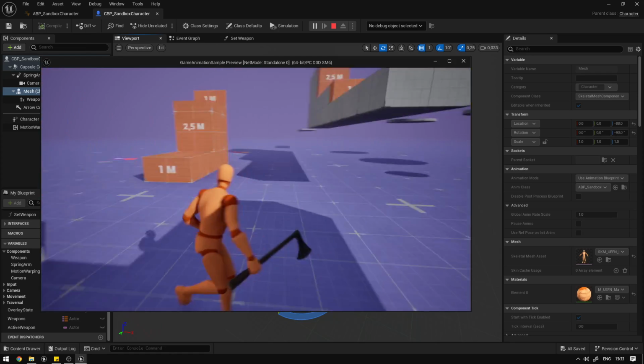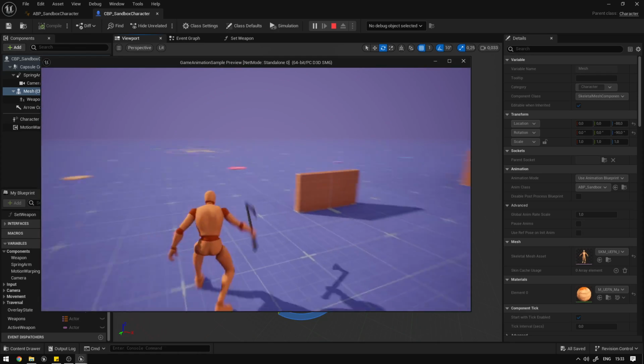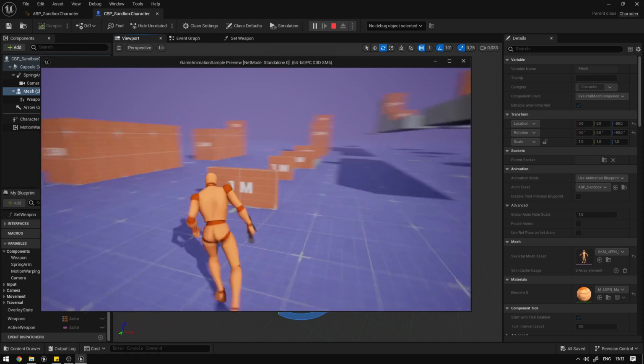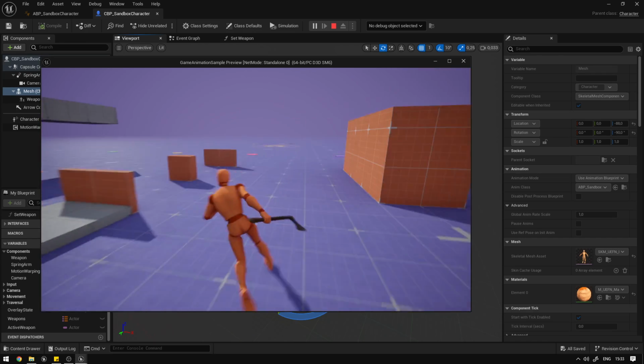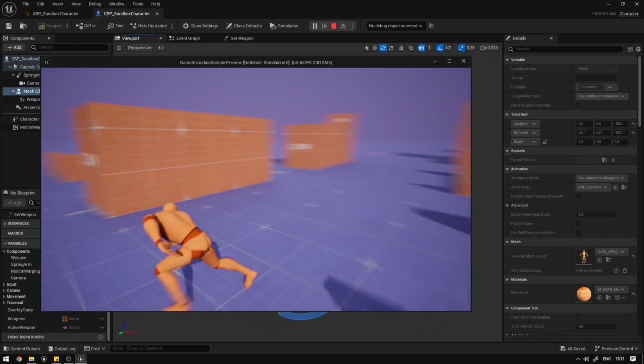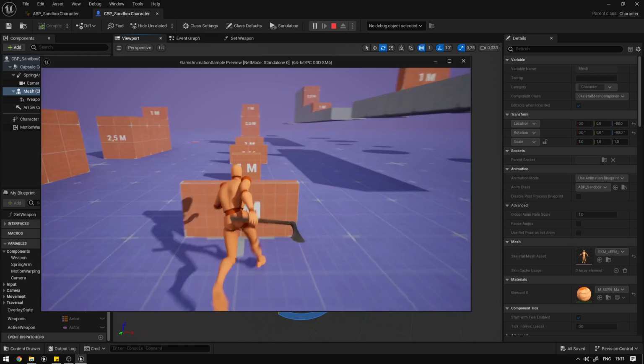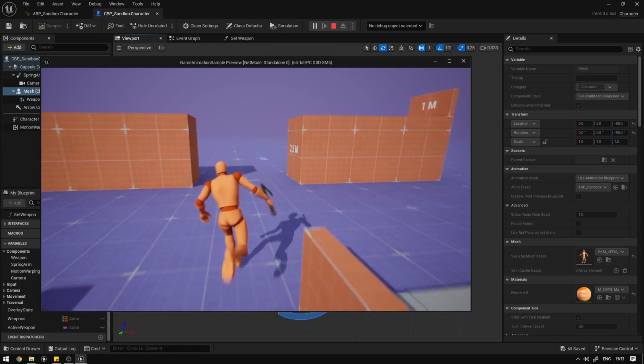So if you want to hide the weapon, you can use an approach like ALS where whenever you vault or mantle, they hide the weapon, they make it invisible, and then they make it visible again. Okay, so that's it,